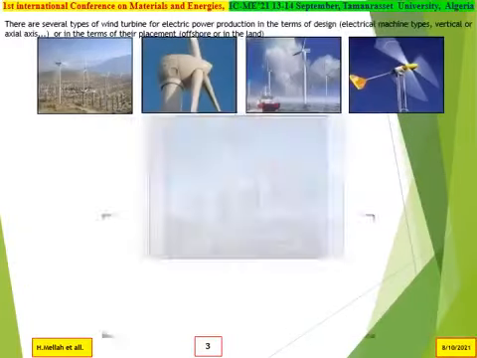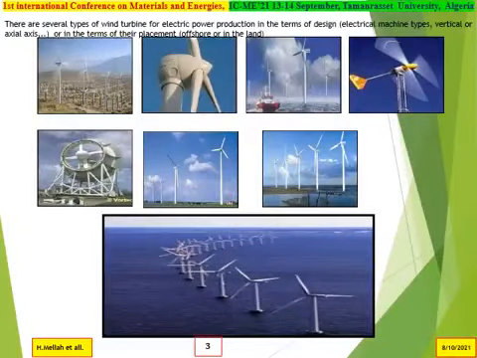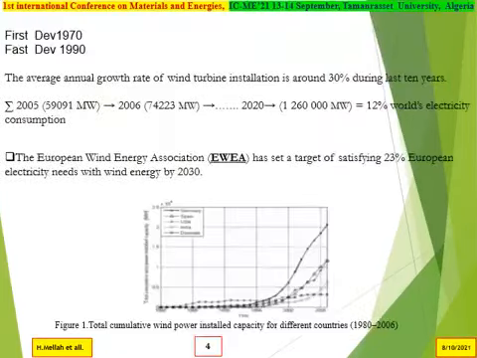There are several types of wind turbine for electric power production in terms of design: electrical machines of different types, vertical or horizontal axis, or in terms of their placement, offshore or on land. The first development was in 1970 and the second development since 1990. The average annual growth rate of wind turbine installation is around 30% during the last 10 years. The European Wind Energy Association has set a target to satisfy 23% of European electricity needs with wind energy